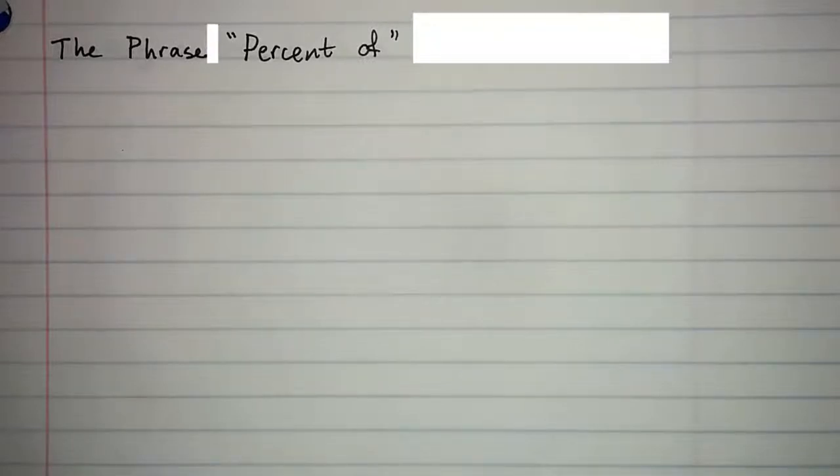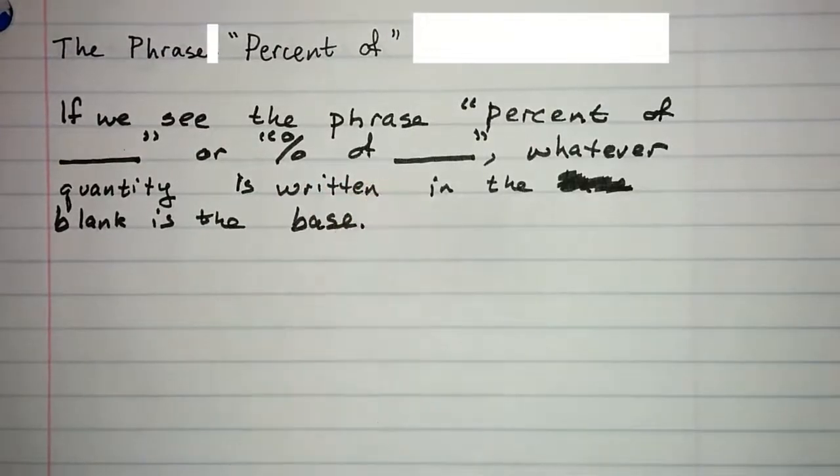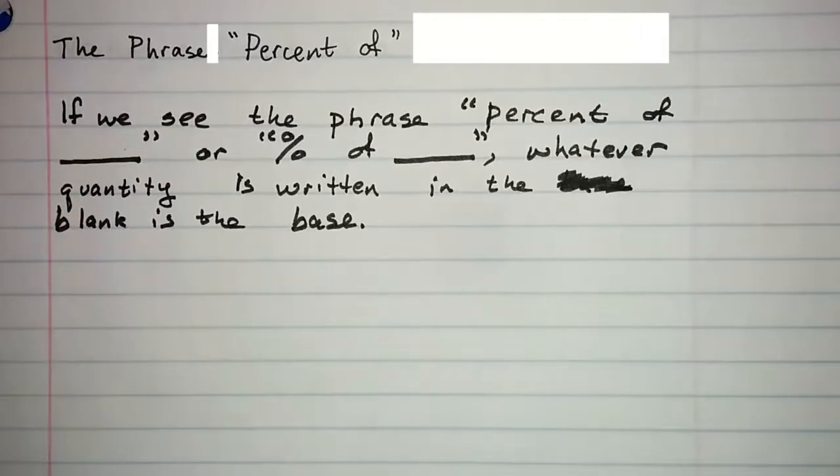Sometimes the base of a percent is explicitly stated. And in that case, there is a specific phrase that we use to introduce the base. If we see the phrase "percent of blank" or "% of blank" using the percent symbol, whatever's in the blank is going to be the base of the percentage. That is, when we're stating the base of a percent